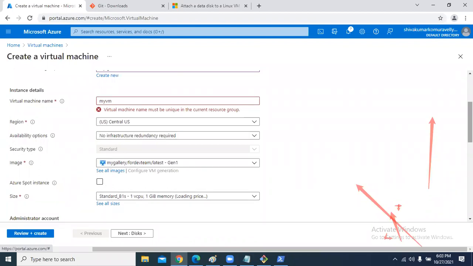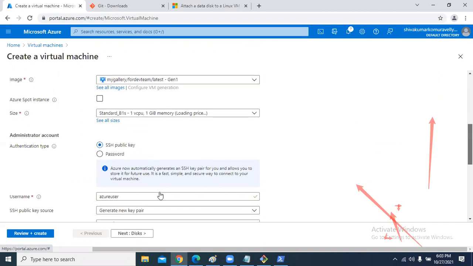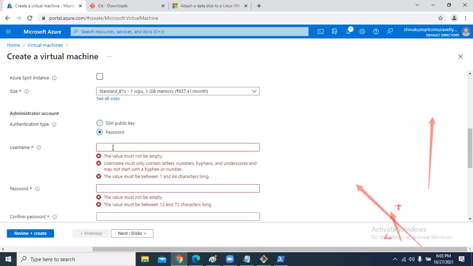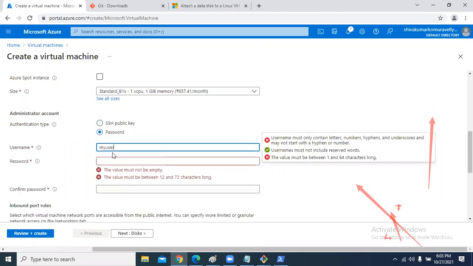VM type is V1S. Username is Azure user. You can give anything. I want to connect via password.